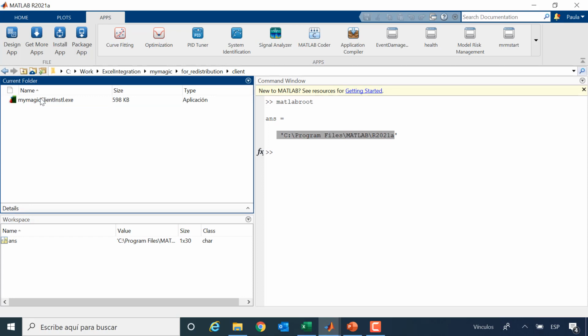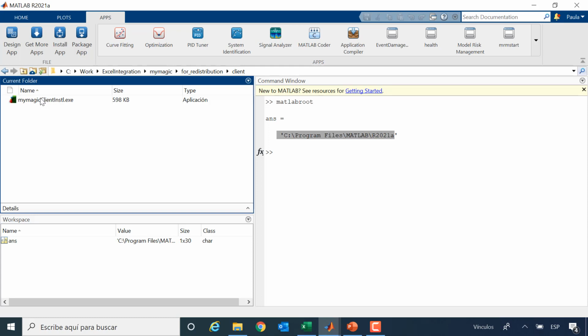What this file is, the .exe, I will be using this, I will double click, and with that, the XLA, well, sorry, this one first, I will have to give it to the person, my colleagues, who are going to be calling my MATLAB algorithm without having MATLAB. So I give it to them, they double click on it, and then they get an XLA installed in their Excel.